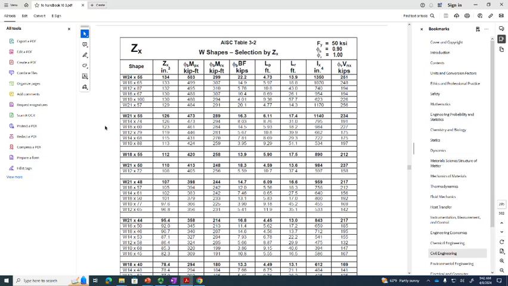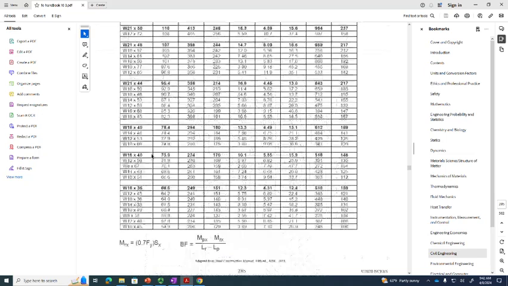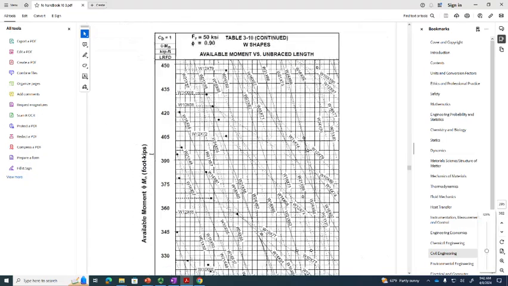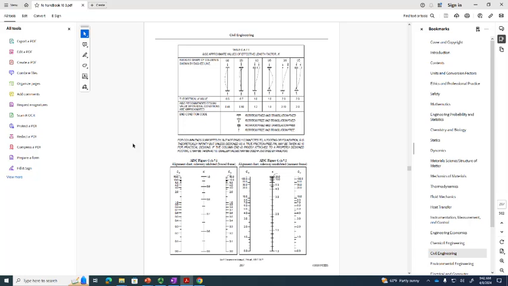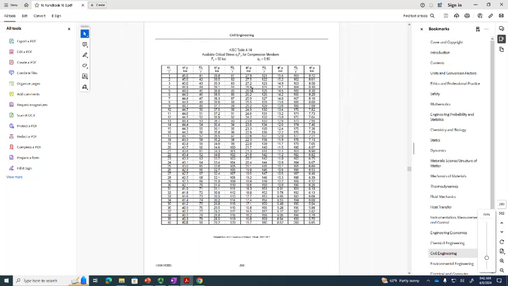So let's see. Look at this. They actually give you a snippet of table 3-10, okay? Not pages and pages of it like are in the manual, just enough to be able to negotiate problems on the test, okay? Line up here, find your solid row. Here's one that should be familiar. We've got our K values for columns.